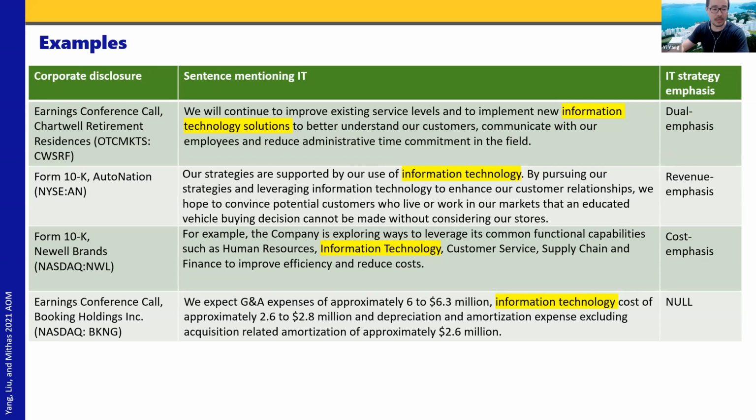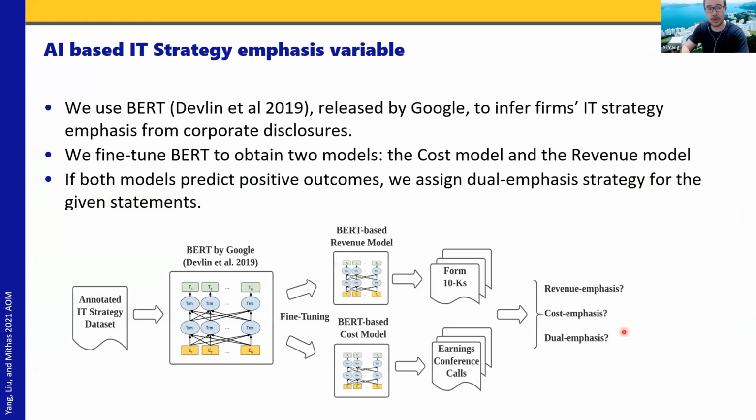Also, in some other companies' corporate disclosures, even though they mention the keyword information technology, it actually has nothing to do with their IT strategy. But my point is that it seems reasonable to read the sentences and infer the IT strategy using a text analysis method. So in this work, we adopt the BERT model, which is a state-of-the-art deep learning model for text analysis. The BERT model was released by Google in 2019,